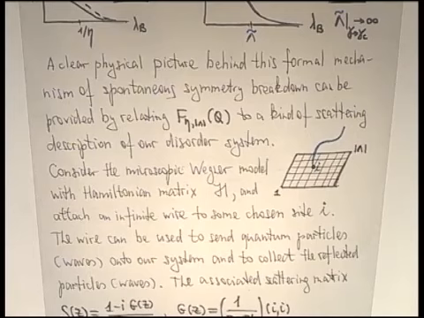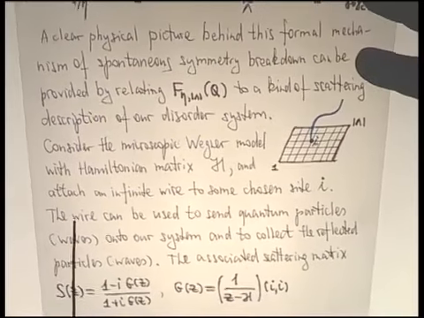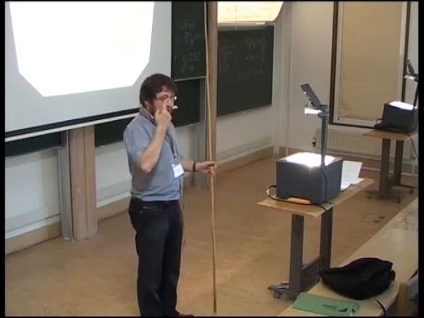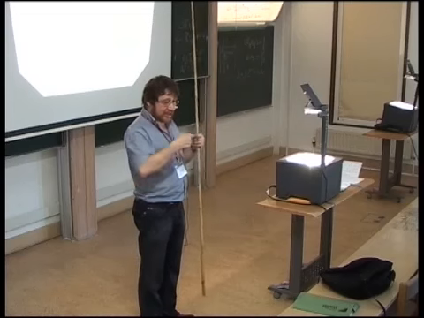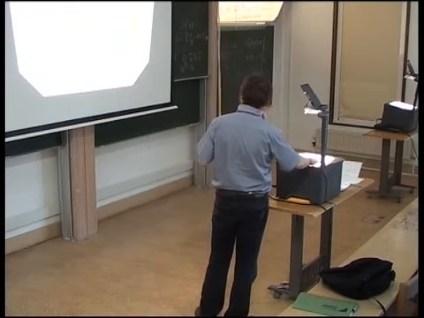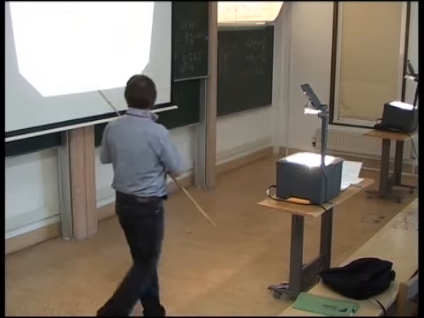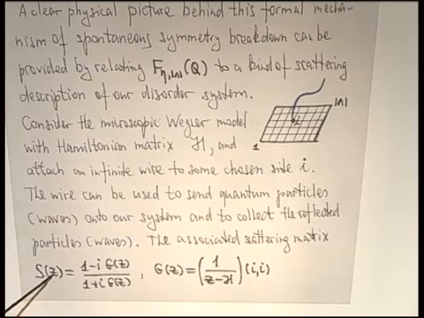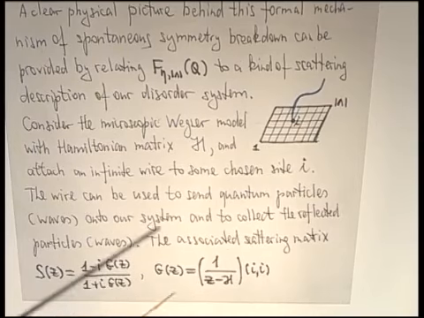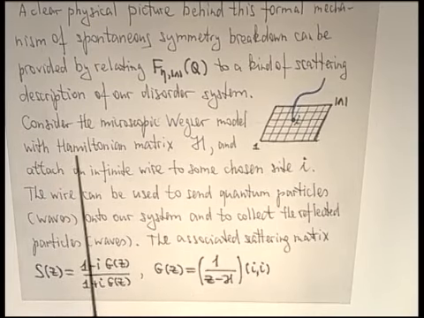But for my goals, just one will be enough. And in this situation, the scattering matrix is in fact a scattering number. It's just one number, S, which relates the amplitude of the incoming and outgoing wave. It depends on the energy, and I use as its argument the complex energy Z. And it's a relatively simple exercise. One can relate it